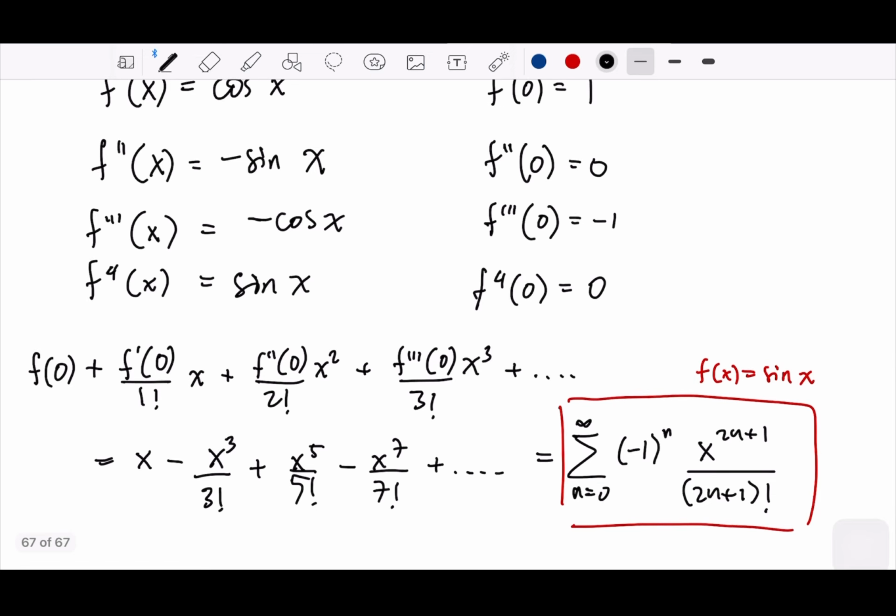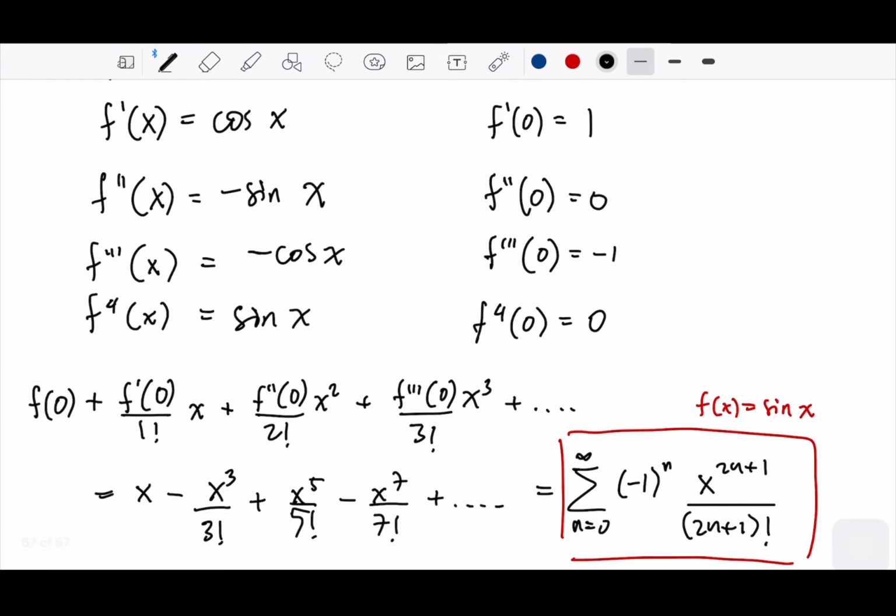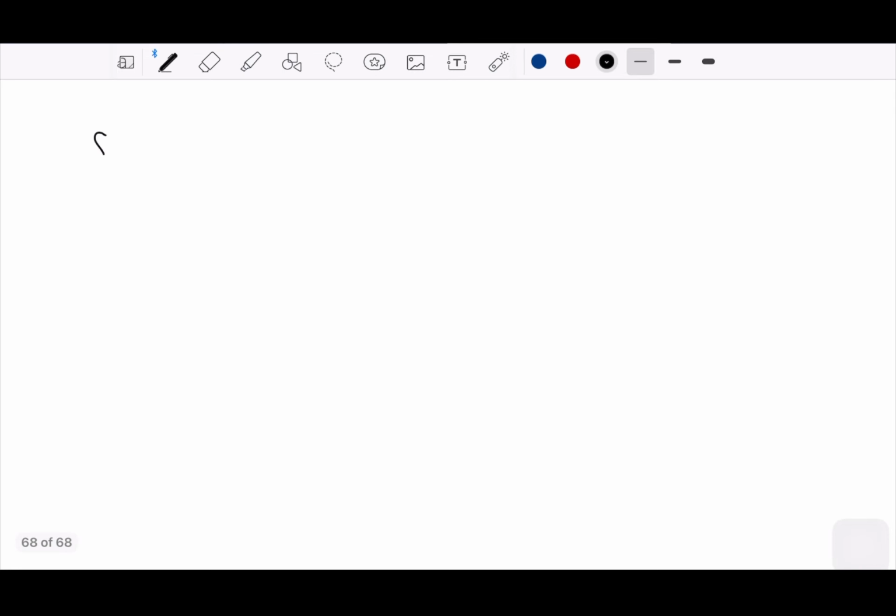You can do the same with f of x equals cosine and make another Maclaurin series like this one, or you can look at this sum for sine, and we know that cosine is the derivative of sine. Which means we can differentiate this, and it becomes a new series. So if we write down that sine x is going to have x minus x cubed plus x to the 5 minus x to the 7